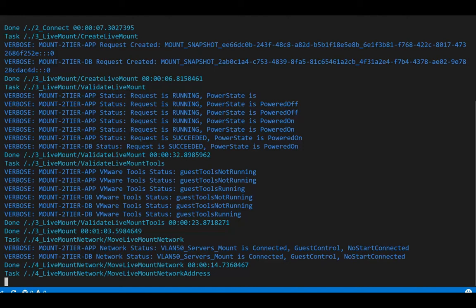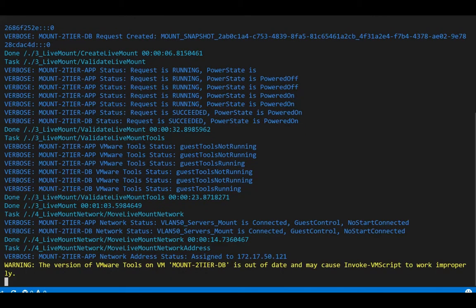So we put that virtual machine, both of these virtual machines, into that environment. Okay. Waiting on it to keep running. What we're also going to do to make it a little bit more complex is we're also going to change the IP address of those virtual machines. Cool. So we see that our application server got